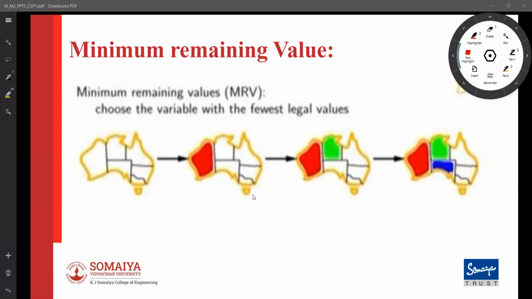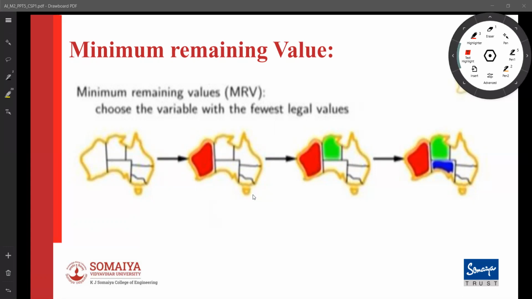So let us say Western Australia has been assigned red, and nothing else has been assigned so far. Which variable do you want to assign next? Let us think about the variables and the values, and you have some constraints.